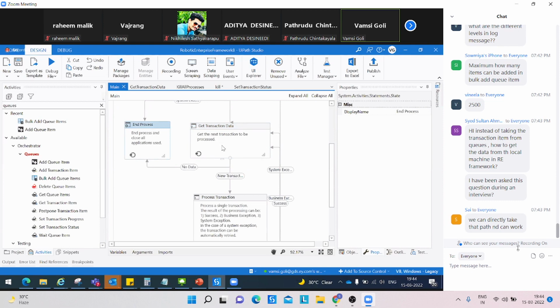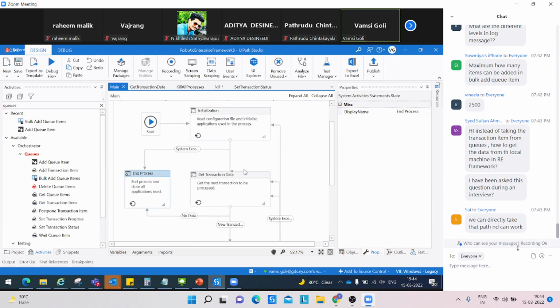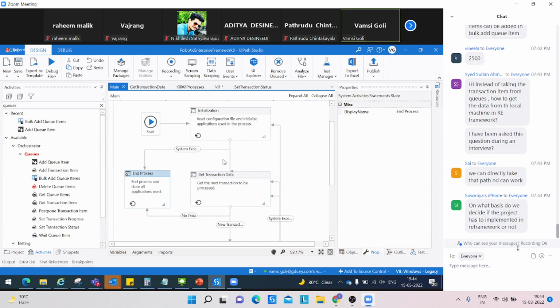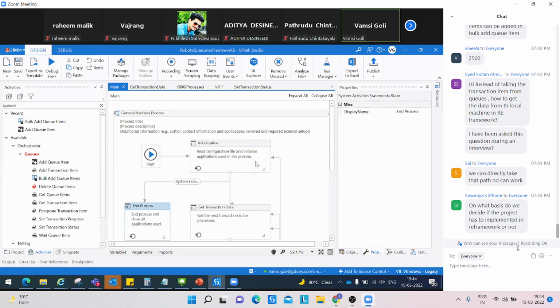So it all depends, because a developer has to customize this RE framework. Whatever Vajrang would have explained to you, this is a template of the RE framework. But you can change it according to your own requirement, whether it is one transaction or more data. In UiPath, this is how the RE framework template will look, but whatever you want to do with this template, you can do. Any other question? Also, to add on to that, you can convert this RE framework into a linear process framework, removing the Get Transaction Data and use it for the